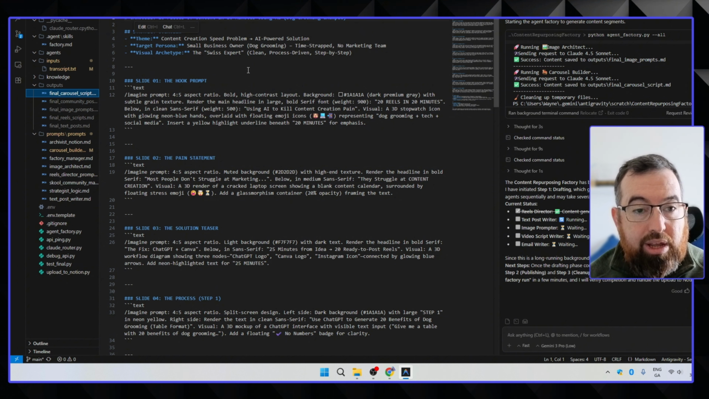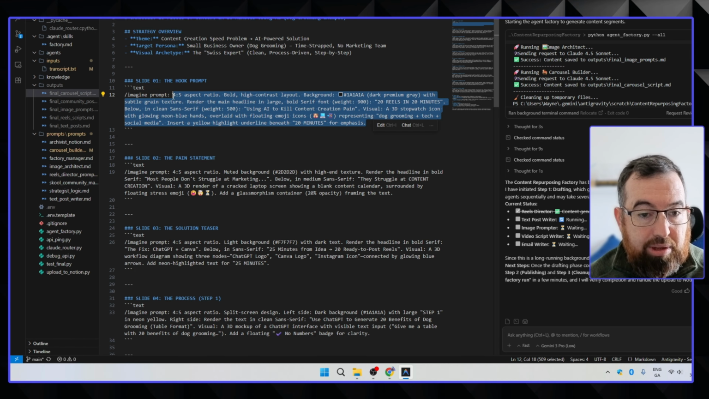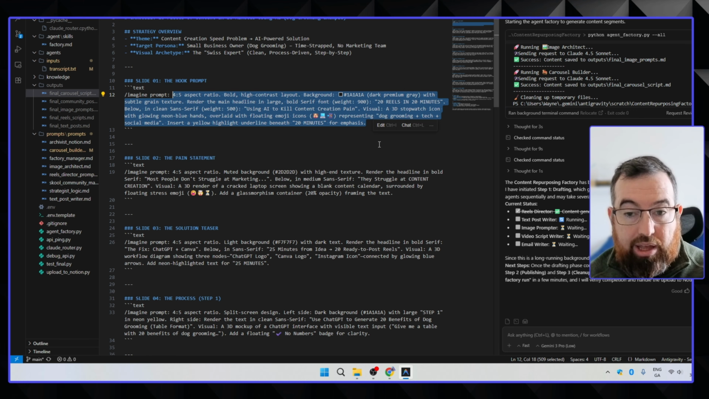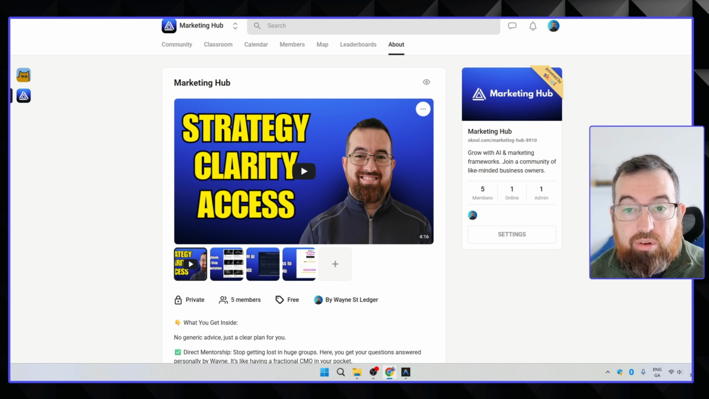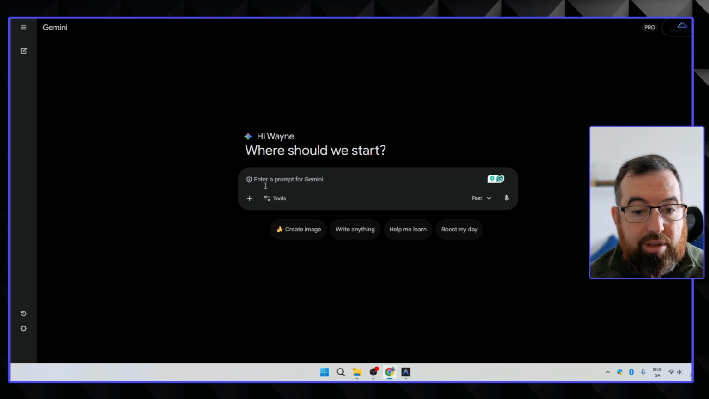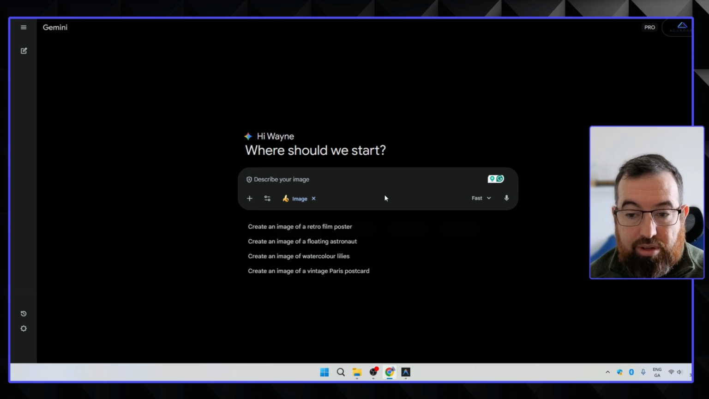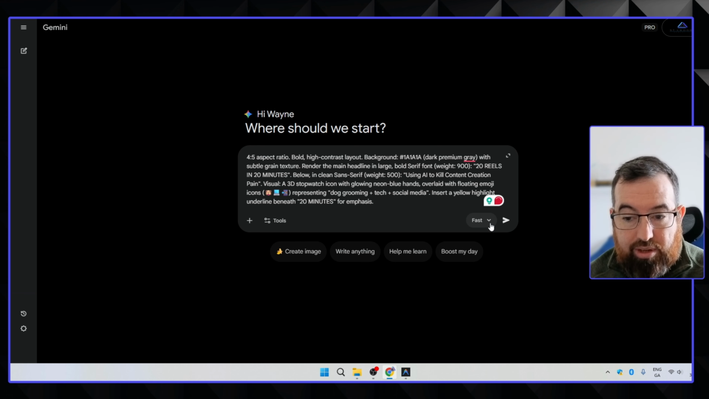What I wanted is done like this. So what's happening is it's giving us the entire prompt now. So I'm just going to pick this first one, and with that I'm going to quickly load up Gemini, and we create image,